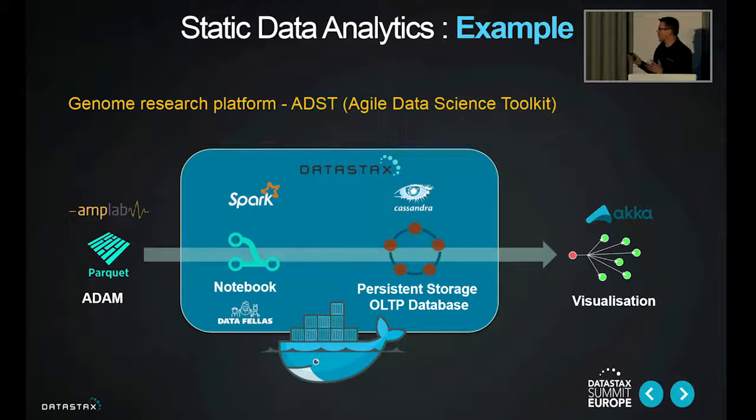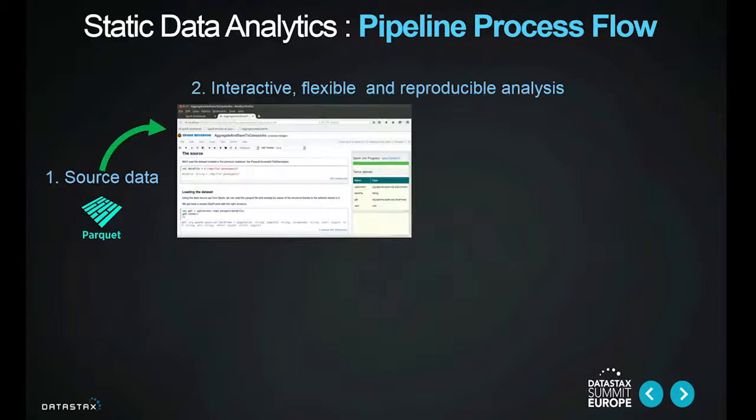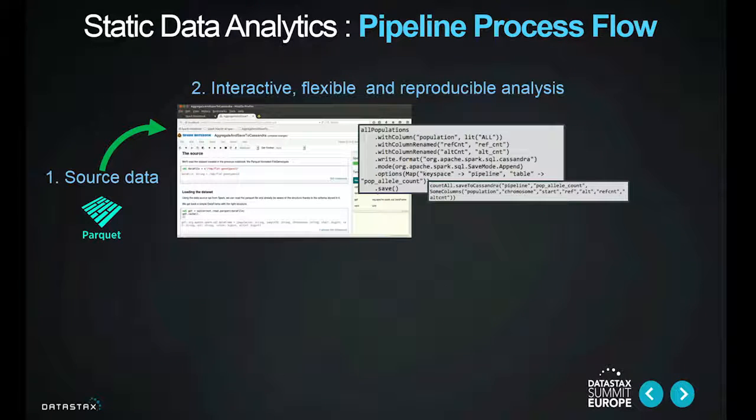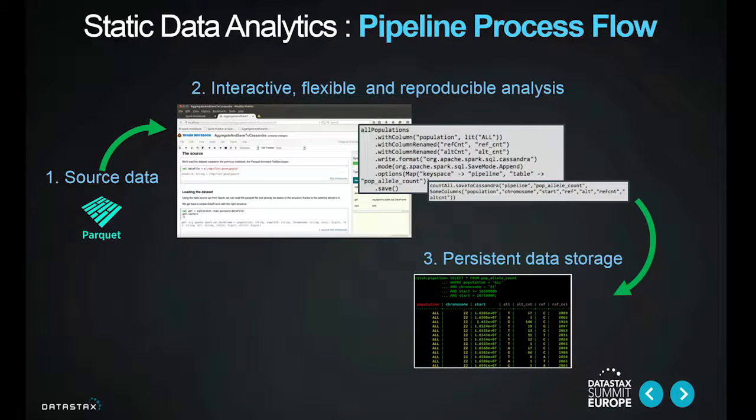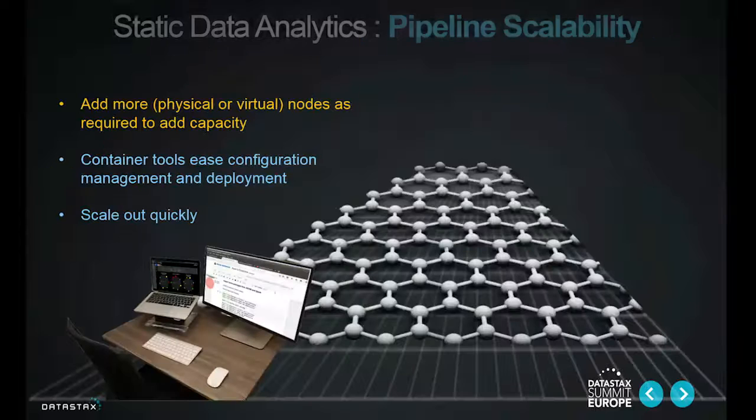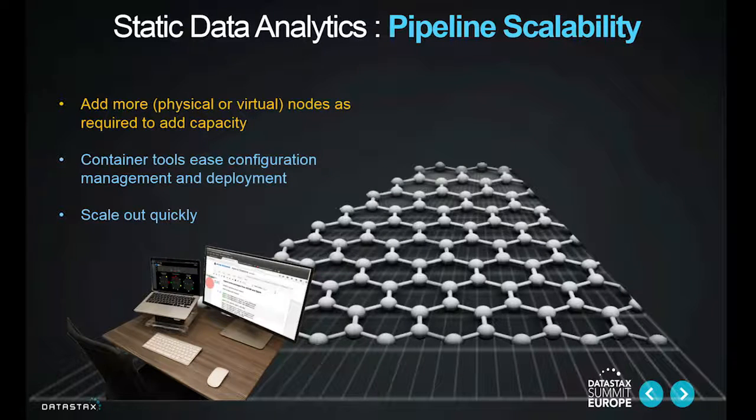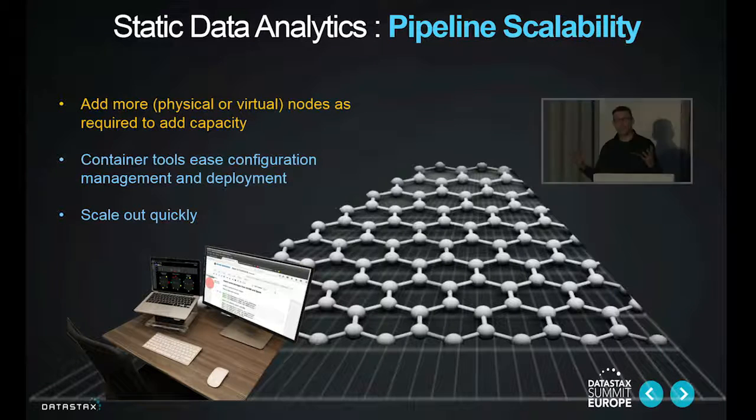They read it into a Docker container, and they use the Spark notebook to drive their analysis and ultimately save it to Cassandra and make it available. Now, this particular workflow would be: read the source data into your notebook, do whatever you want to do with it, then run your Scala, whatever, to save it to Cassandra and make it available externally. But their vision and their reality is that this allows them to scale out using as many containers as they need to accommodate the volumes of data they need, up to petabyte scale.